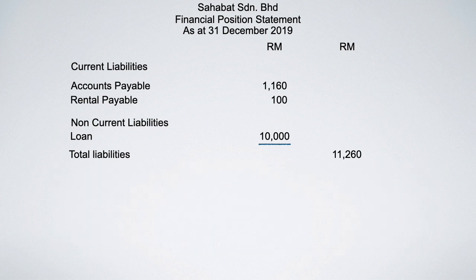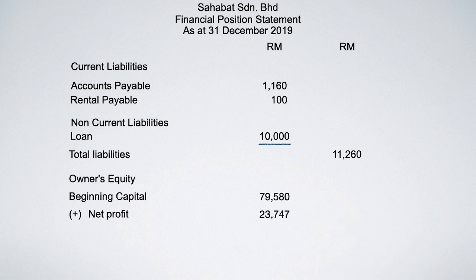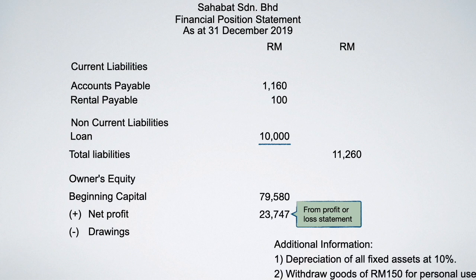Okay, cukup ke? Okay, ada lagi kan? So next we go to owner's equity. So owner's equity is coming from the calculation that we just calculated for the beginning capital. Okay, now we plus with the net profit we just got from the profit or loss statement we just calculated just now. Okay, and then minus the drawings. So drawing you have to total 150